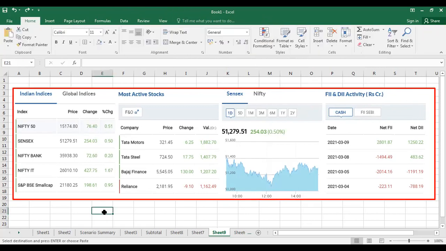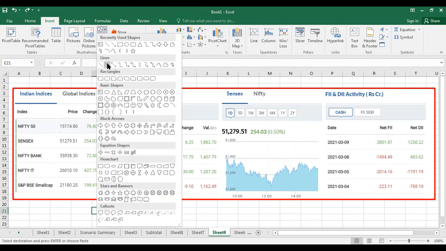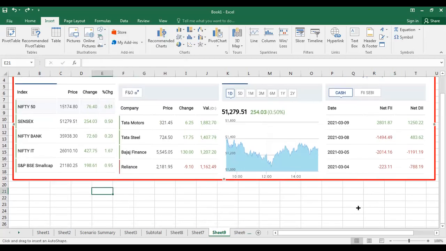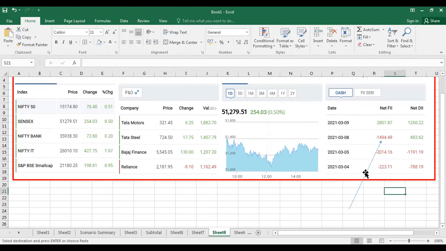The plain format will be useful. And on top of it, you wanted to mark where you got the lesser value. So I'm just adding a shape by marking on it. I'm going to take a straight arrow where I wanted to point out what is happening in this month, on this particular day, and I can write my explanation. All this is useful when you are explaining to your clients, customers, or top management.